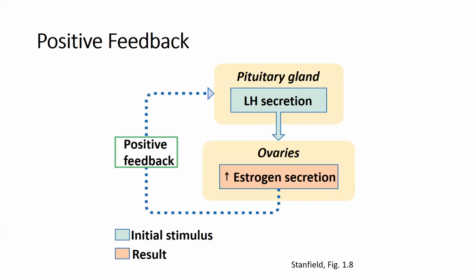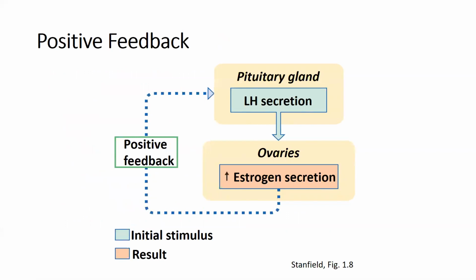And so let's look at this example. This has to do with the monthly cycle. So every month, a woman ovulates, one of her ovaries releases an egg, and this feedback cycle is very important in that process. So the pituitary gland is one of our master hormone glands. It's in the brain, the ventral surface of the brain, and it releases one of its hormones called luteinizing hormone, or LH. Now, every month around mid-cycle, the pituitary has to secrete LH hormone, and that LH goes to the